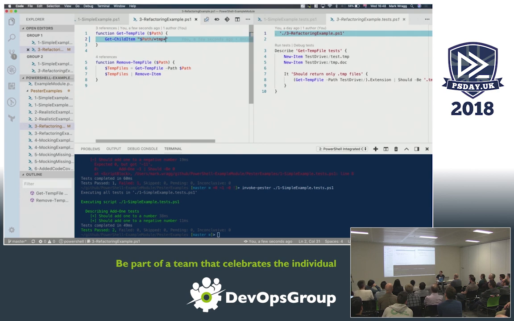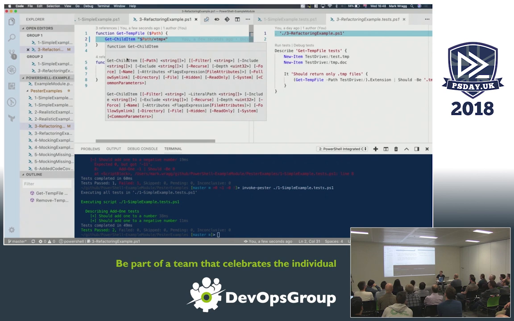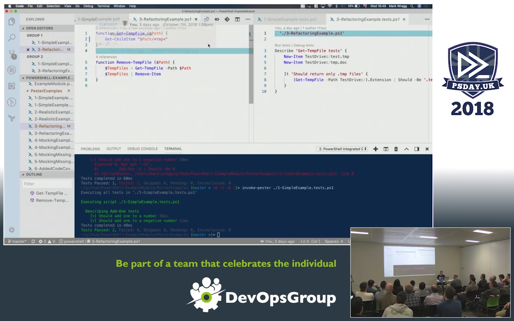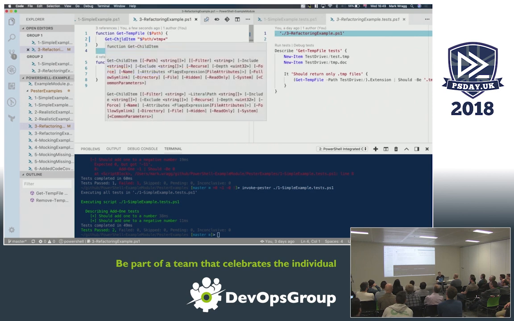This is, again, a somewhat ridiculous example. So I don't think I'd ever write this in real life unless I had some real level 1 help desk people that I didn't trust to be able to clean up temp files, and maybe I'd give them this tool. But I don't think I'd really wrap get-child item in a function. I'm not just doing this for testing. What I'm saying is that if I want to be able to test this code, I'd break it into these two functions. And what I'd maybe do, if it was a more complicated piece of code, this would perhaps make more sense. But I'd still have these two functions, but I wouldn't necessarily expose this get-temp file function to my